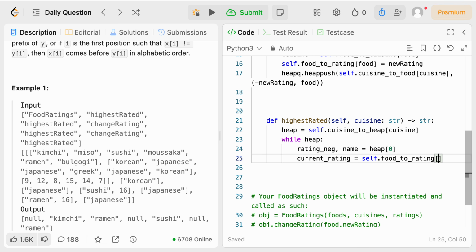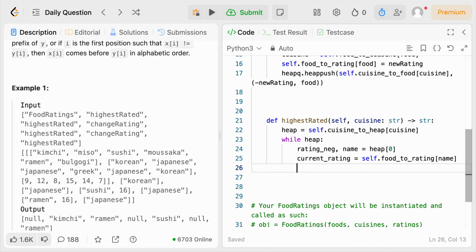That's where we access it, and it's going to be at this specific name. We're simply looking up that authoritative current rating for the name from that food to rating dictionary, or keyword food to rating mapping, right? And once we get that authoritative current rating for this specific food name, now we have to check if it's actually stored in the heap, and if it equals the current